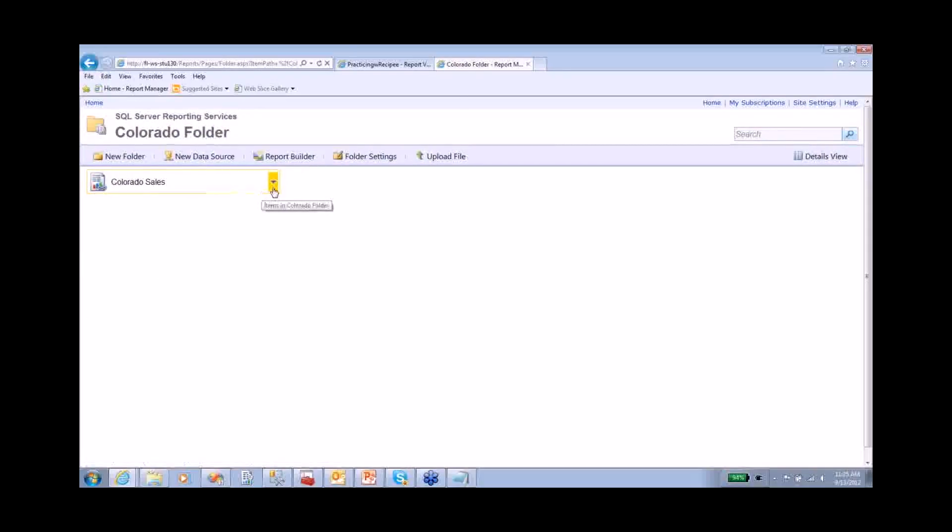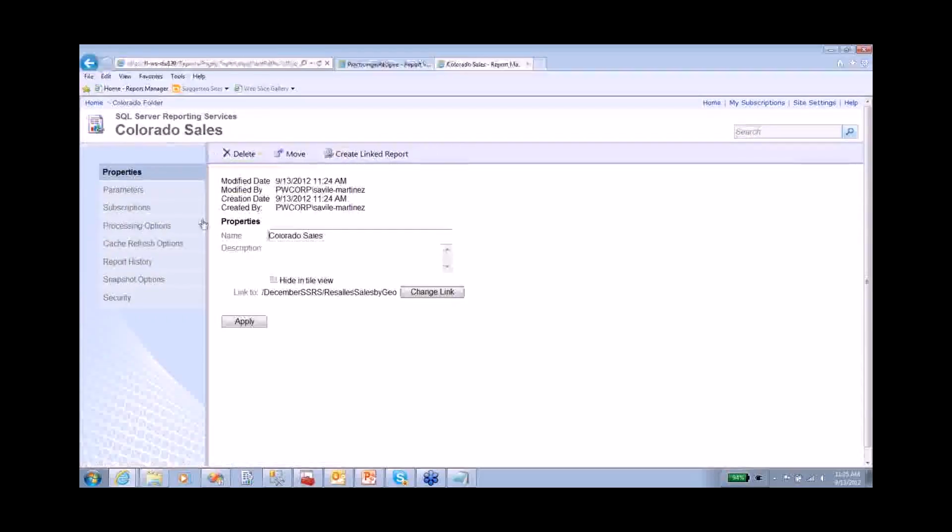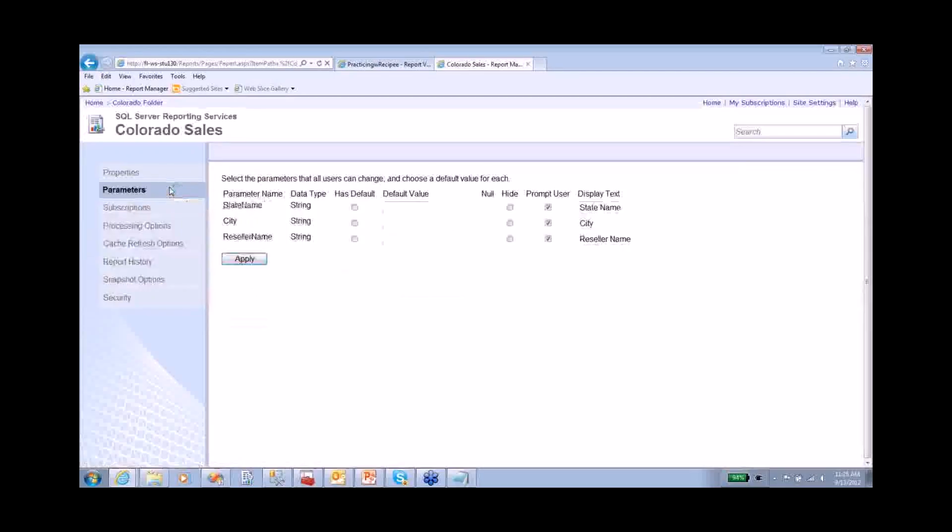Okay, well, let's go ahead and play with the parameters of this report. And as you can see, the properties have a pretty nice description of the modified date, creation, who created this report, and then I have the parameters. Right now, my parameters are prompting the user for the state name, the city, the reseller name. But I just want to narrow the search to only show the Colorado sales. So I have here a state name, a string data type, and I'm going to type the